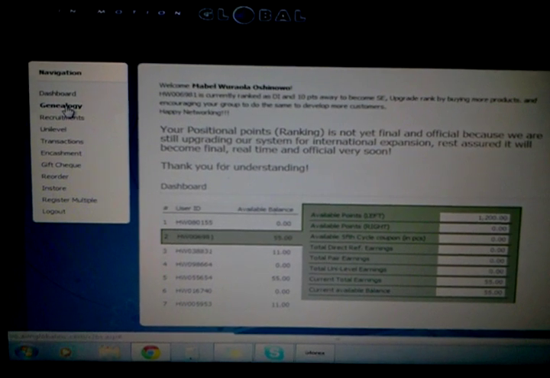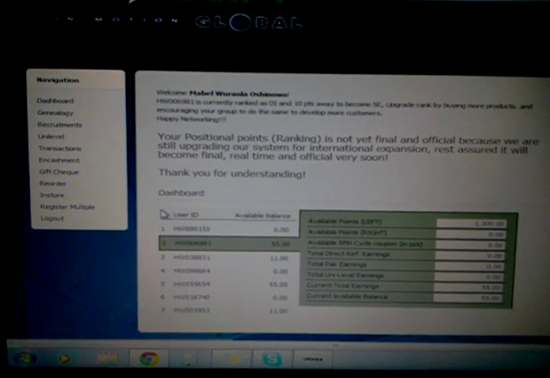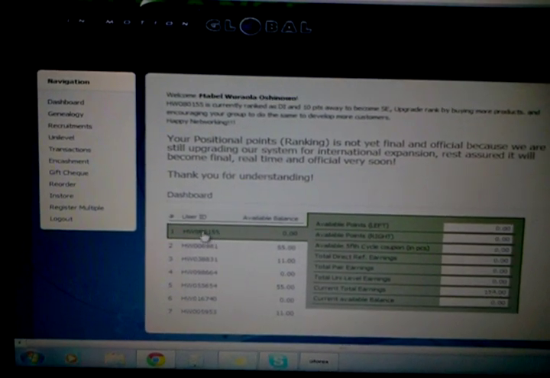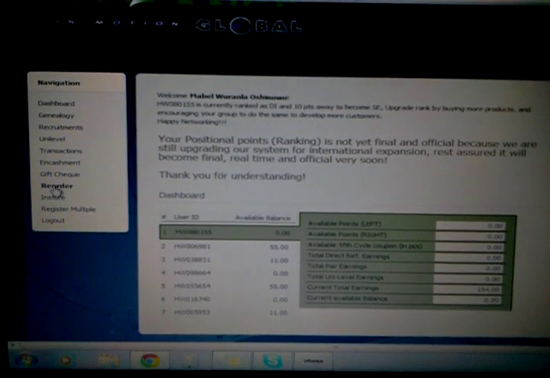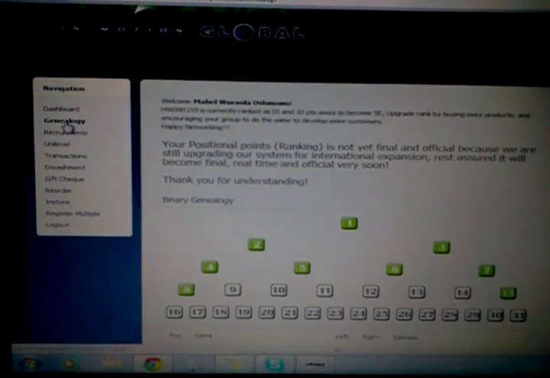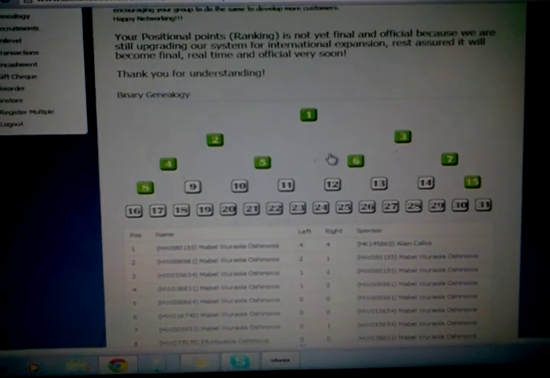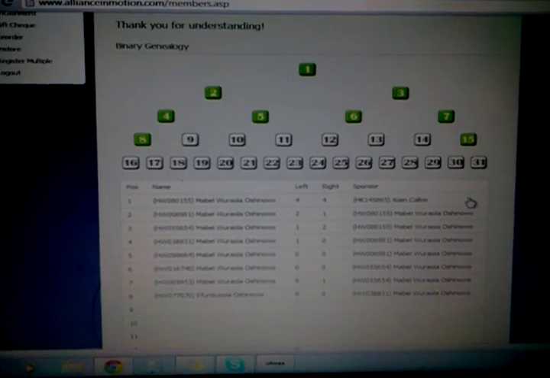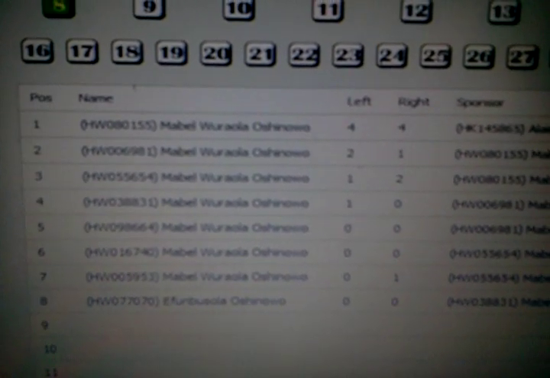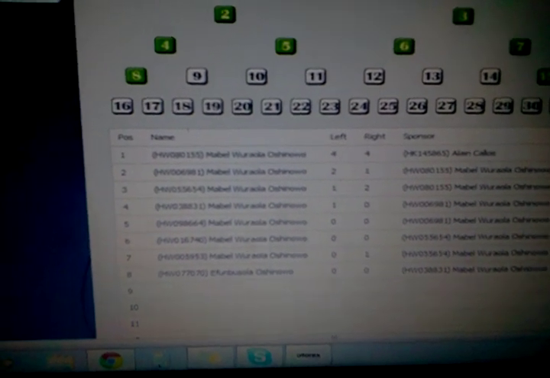For the genealogy, you select it again. This is because that is your main head. Okay, this one is the number one, that is your main account. Then select genealogy. For the genealogy, you will see your 7 accounts, your perfect 7 accounts, and then number 8 and number 15. As you can see, number 8 is your son. Your 2 kids, number 8 and 15, are your 2 kids.